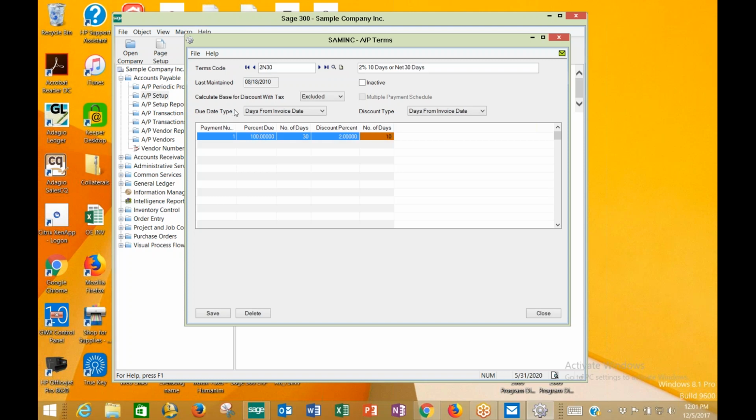So looking at our due date type, we've got days from invoice date, so 30 days, 15 days, 0 days, whatever. You could also have an invoice term that's due on the end of the next month. So if I send you an invoice for the 15th, then it's due the next month on the last day